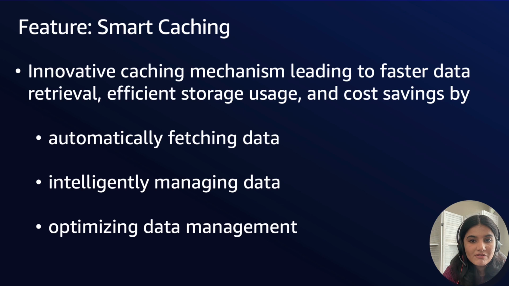So instead of basing the OCU consumption primarily on the total data size, the caching feature ensures that the cost is determined by the rate of data ingestion. When data requested is not in the cache, it automatically fetches data stored in Amazon S3. This approach reduces overall OCU usage, making the indexing process more efficient and cost effective while ensuring faster data retrieval.